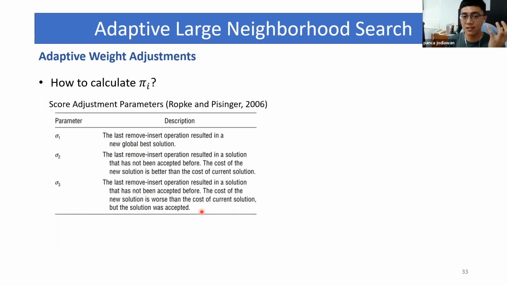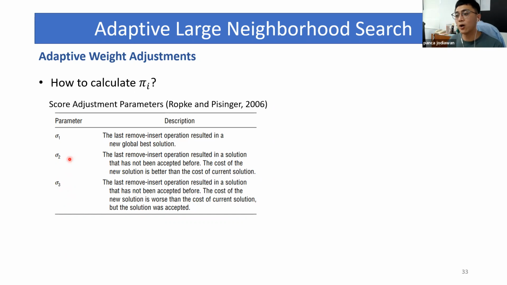We can still accept a worse solution by using a criterion that we have discussed earlier. If we accept that worse solution and the solution has not been accepted before, then Professors Ropke and Pisinger proposed sigma 3 to be added to the associated destroy and repair operator.